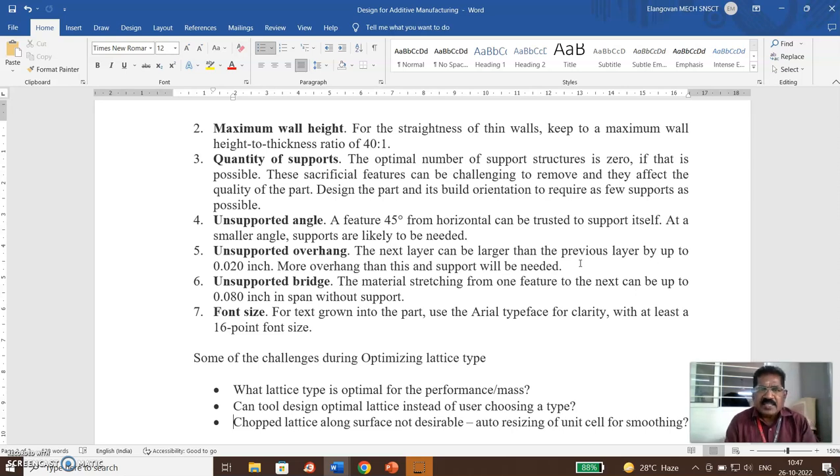Unsupported overhangs: the next layer can be larger than the previous layer by 0.020 inch. More overhang than this and support will be required. So you have to find out what kind of compromise you are going to make. Then unsupported bridge: the material stretching from one feature to the next can be up to 0.08 inch in span without support. The font size, for text grown into the part: use the Arial typeface for clarity with at least